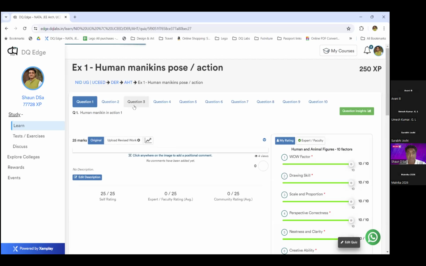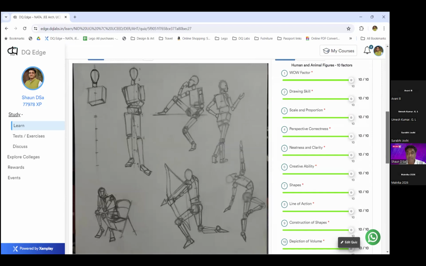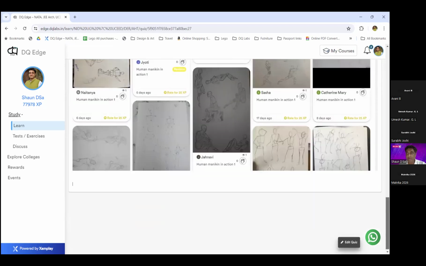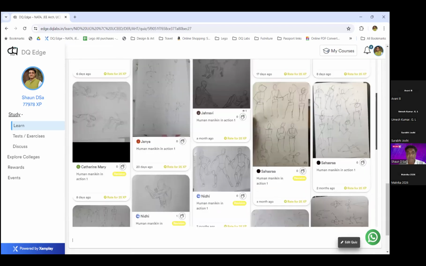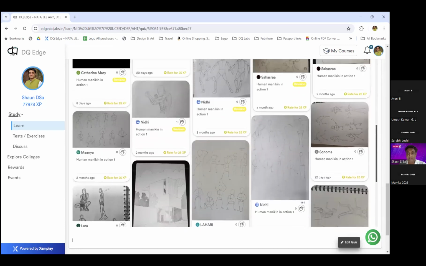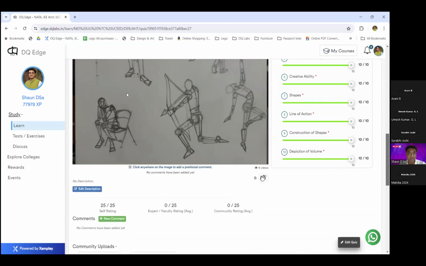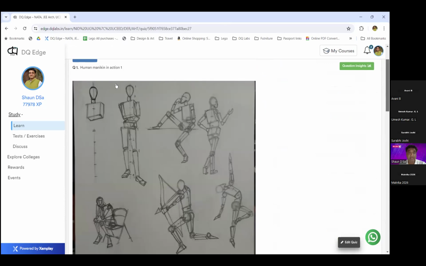You must upload here. Can you see there are 10 different places to upload your daily sketches? And like I said, each question has 3 uploads: upload, revision 1 and revision 2, right? If you scroll down, you will be able to see a lot of students practicing. This is one of the things that we check. If you have not practiced, it's not good. It will be good for you if you practice.